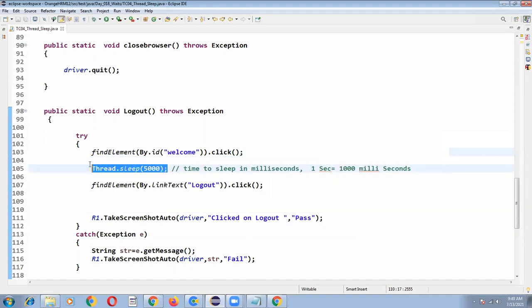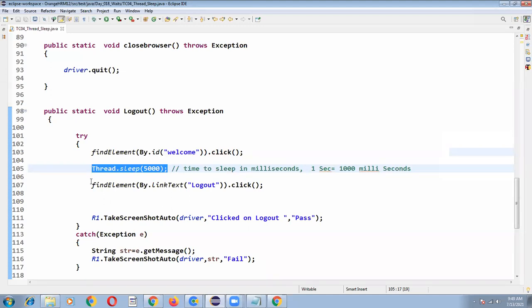But sir, this is the easiest, simplest one. Why can't we use this Thread.sleep? Why are people not using this Thread.sleep concept? Suppose in your application you have to write Thread.sleep many times, there is a performance issue. At 20 web elements, is it really required to write Thread.sleep on all 20 web elements?